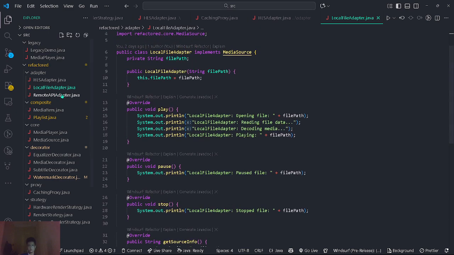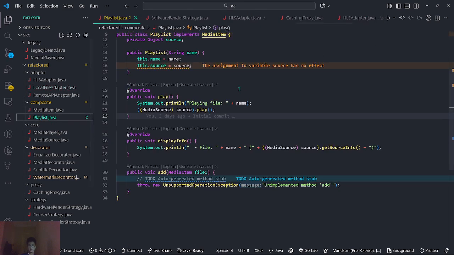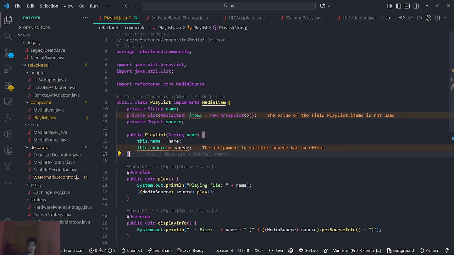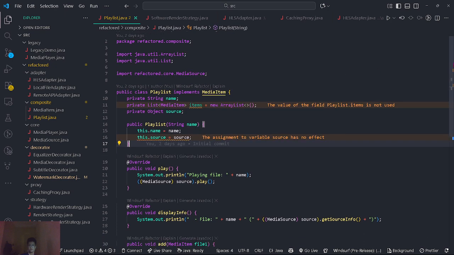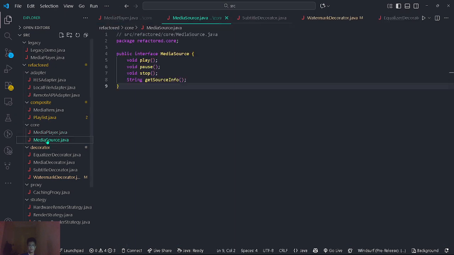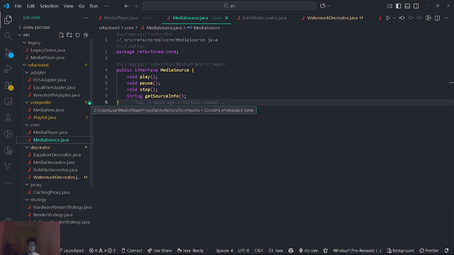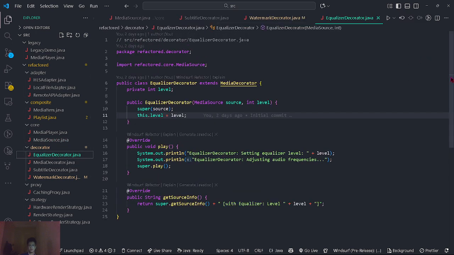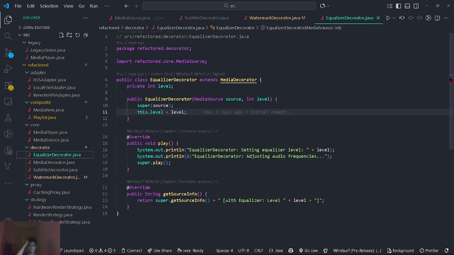So these are the code and playlist. So the source, yeah, Java util, we import some packages. So in the source layer, they're all connected. So SRC, core media source at Java. So also the decorator of this one,